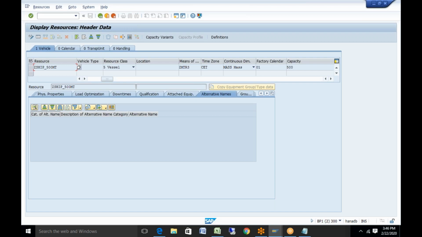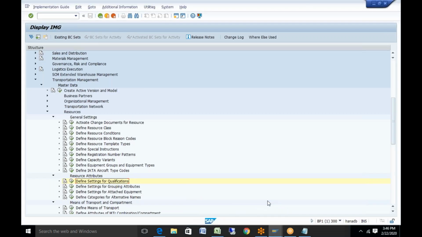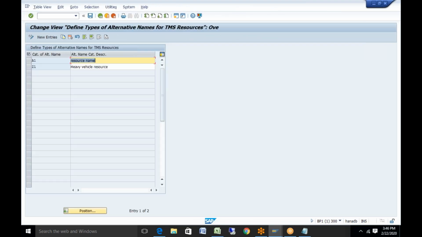For that you need to specify some alternative categories. So you can go directly in the configuration and define categories for alternative name. So you can specify, okay, based on the resource name and all, you give some names. So I'll show you when I create one data for you. Okay.